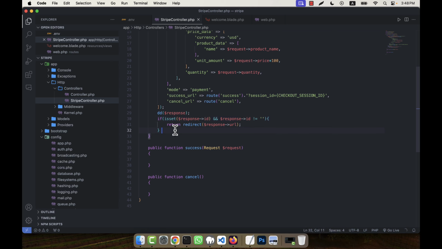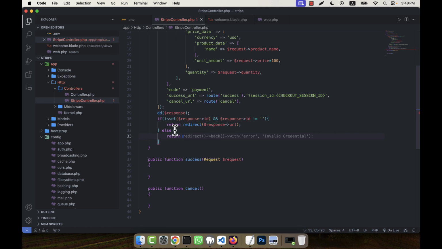If there is any error in the response, then the payment will be immediately cancelled. So here I can pass the user to the return. Here I can call redirect, not back. Here I can just take him to the cancel route. So redirect route, that will be the cancel route. Okay,